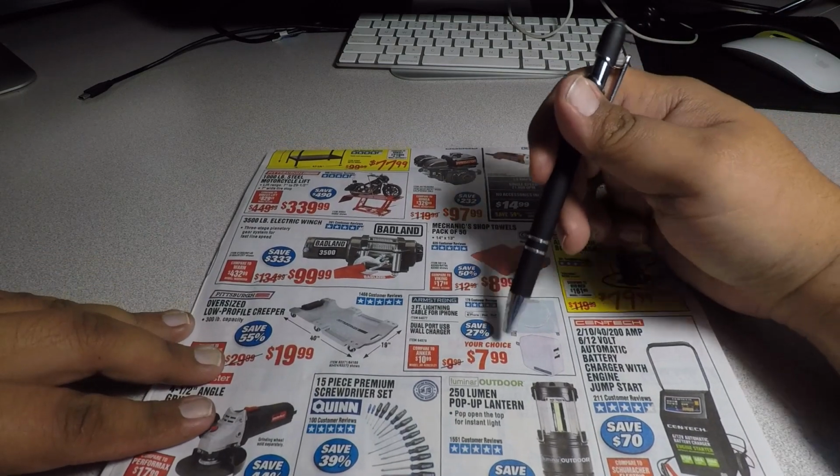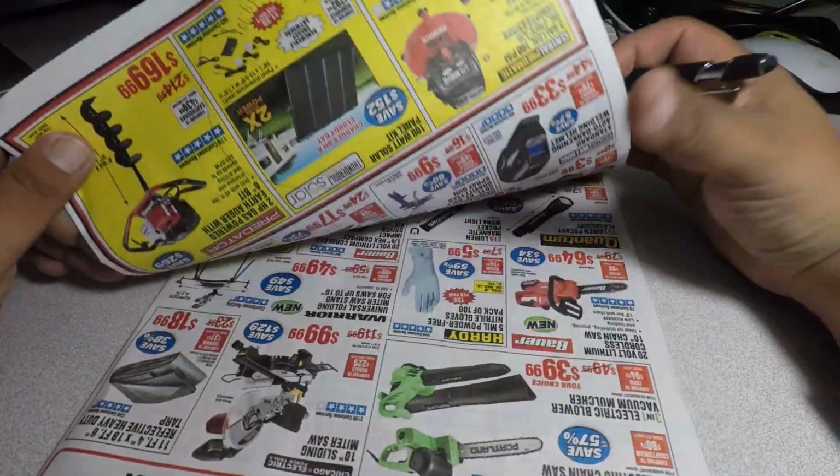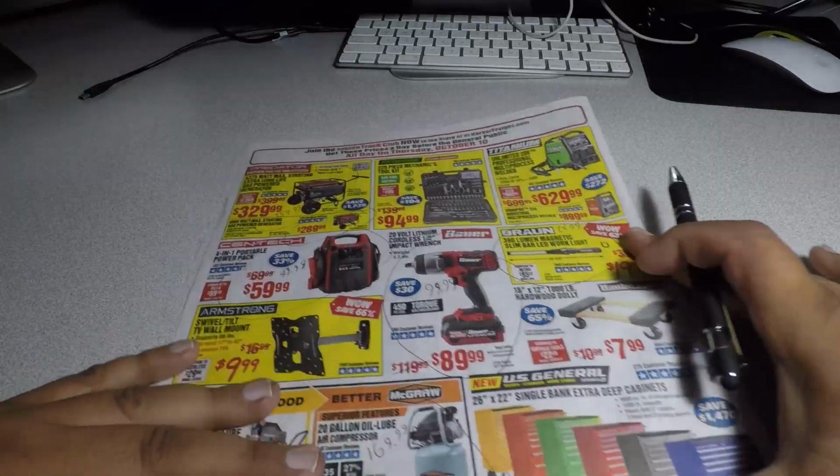You need accessories for your phone. There you go, you can pick some up. Harbor Freight has those for emergency situations. All right, here on the top,